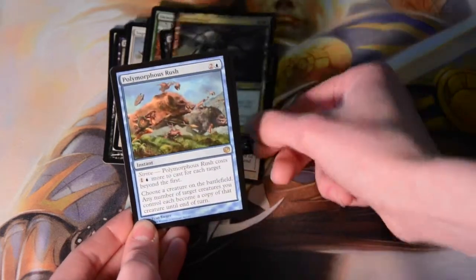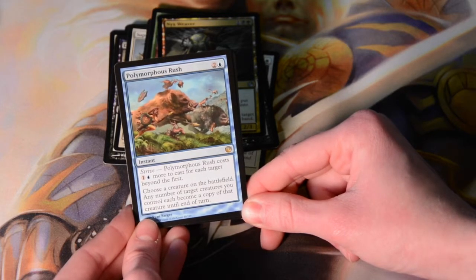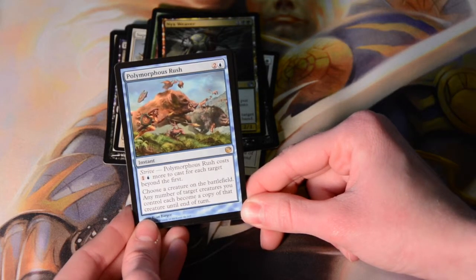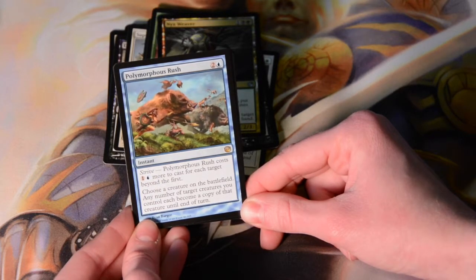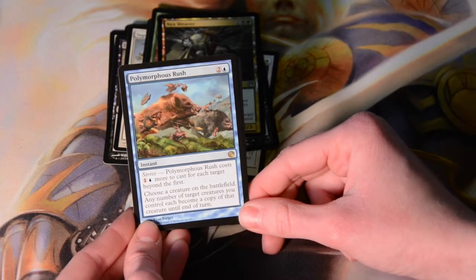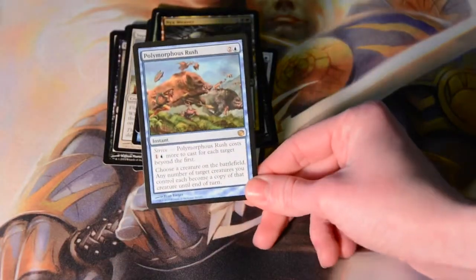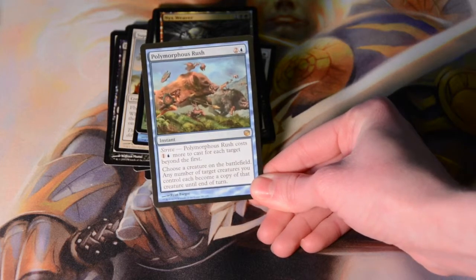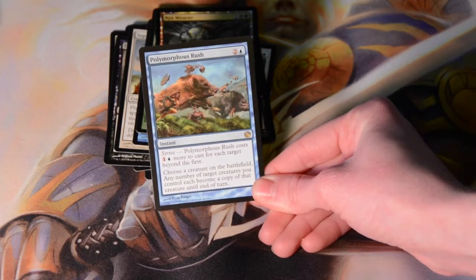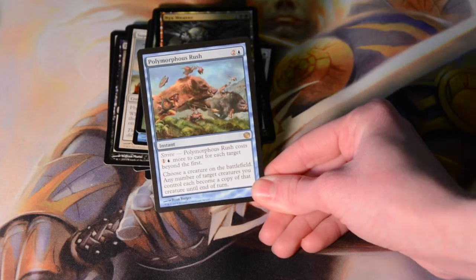And our rare for the set is Polymorphous Rush for 3 mana, and the Strive is 2. You get to choose a target creature you control. Each becomes a copy of that creature until the end of turn. This can be so much fun to play with. Alright. Honestly, I think I would pick this just because it looks really fun to play with. It's basically a way to end the game, which is great. And you can target one, or you can target more. It's a very